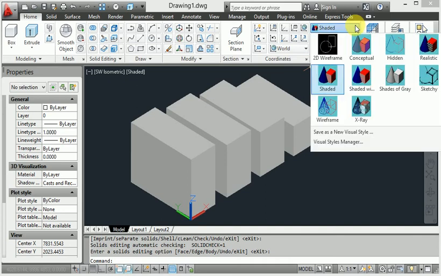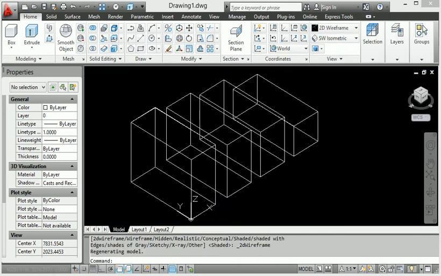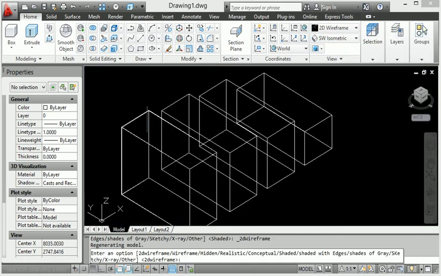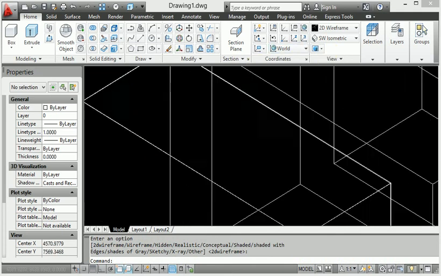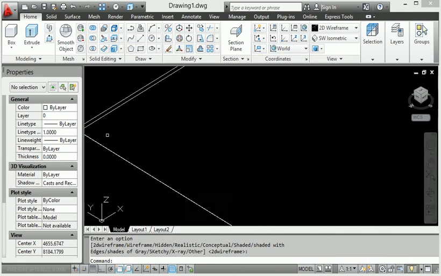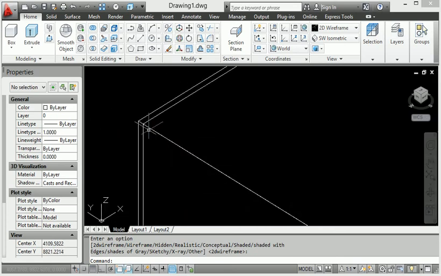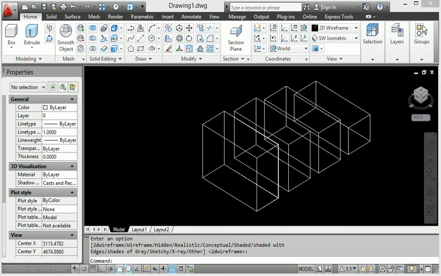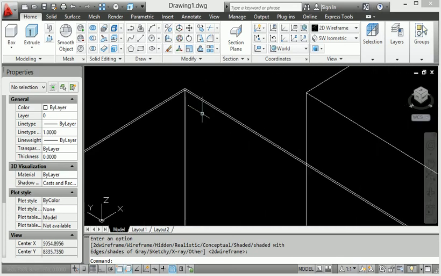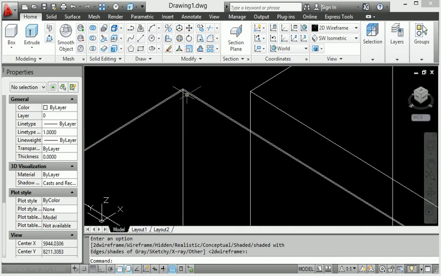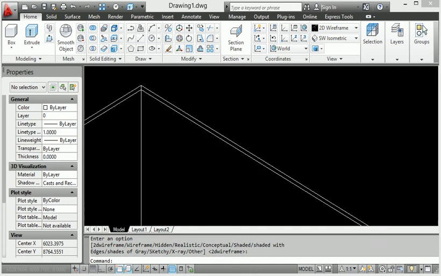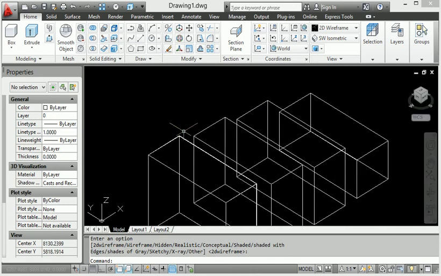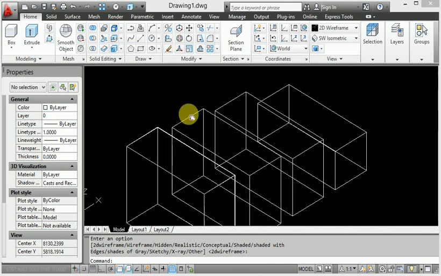When I go to wireframe, look at this, I will show you the shell here. It is very negligible. Look, a 2 mm shell has been provided because the whole diagram is large. It provides 10 mm thickness, right?